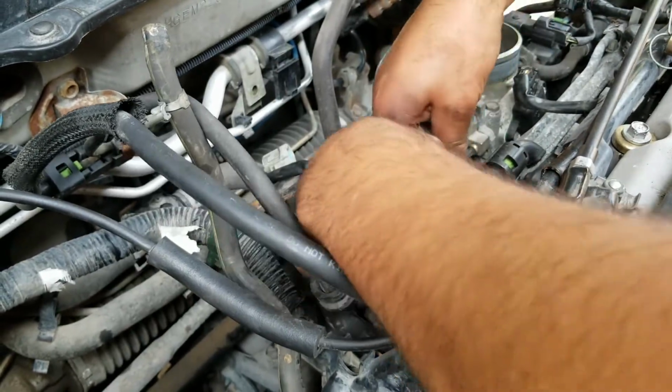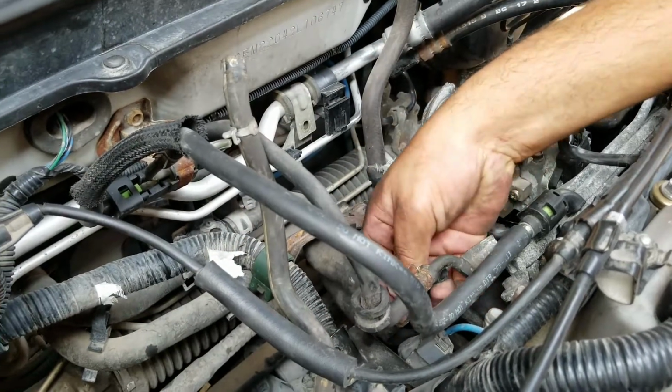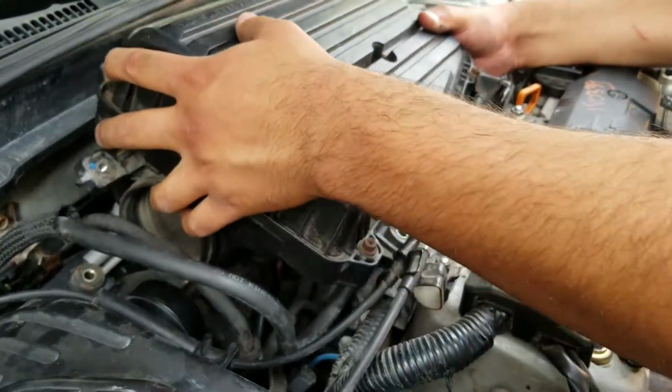And after you got these down, again, put your connector. Then you're going to grab your 2 coolant hoses. You put the air filter box. You want to put this hose in first. Make sure it slides in